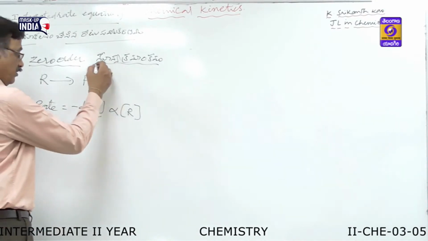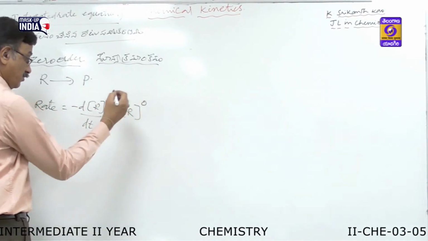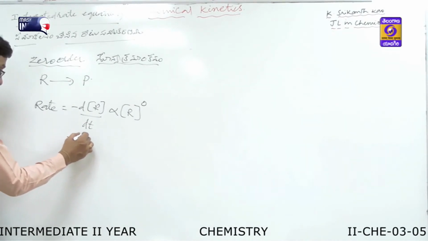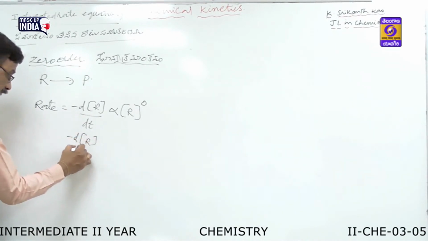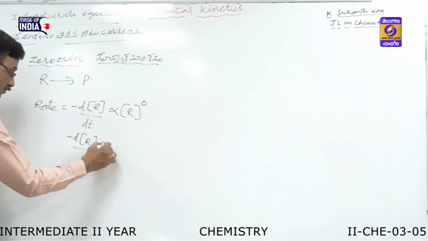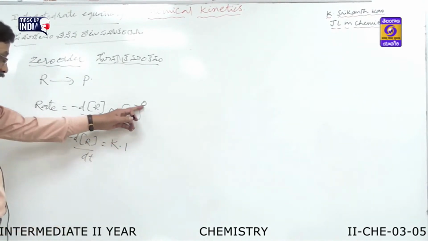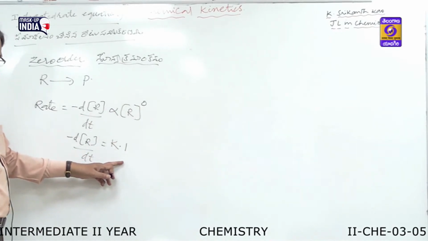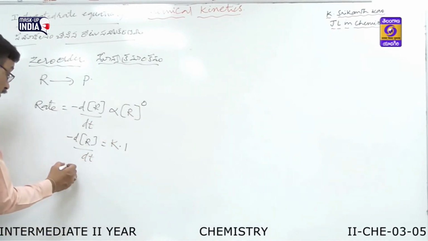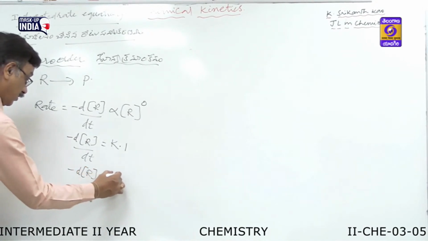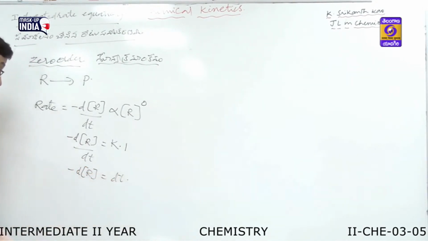If it is zero order reaction, the power is 0, right? So minus dR by dt equal to k into 1, something to the power 0 is equal to 1, right? So minus dR equal to k dt, right? Integrating